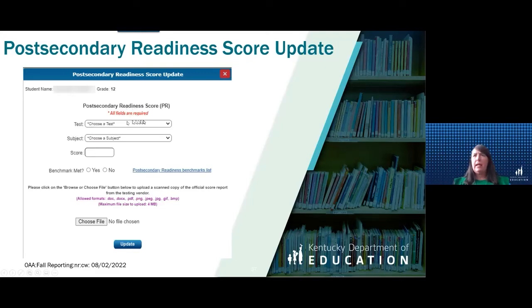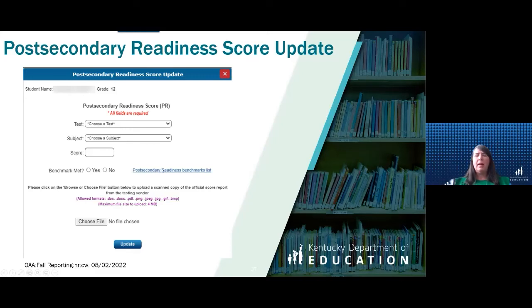Of course, choose the academic test you're looking for, what the subject was, English, reading, mathematics, whatever. And then you put in the score, and then you would say benchmark met. You would say yes. And remember when I told you that you could see the benchmarks in the screenshot, the resource for post-secondary readiness, you can also see it right here too by clicking.